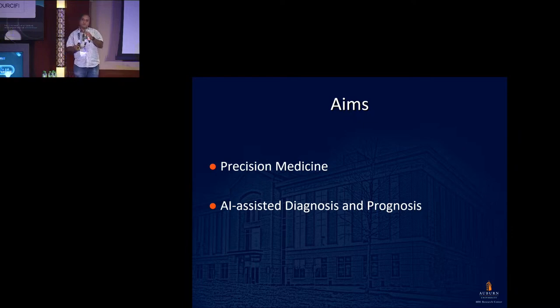But all of it really depended on a human being, a trained human being rather, looking at the image and deciding what is healthy and what is not. And now I think we are at the cusp of another paradigm change, wherein we have such large amounts of data that we could have machines look at these images and decide, hopefully with much better accuracy, whether there is a disease process, and if there is one, what is the prognosis, what is the treatment response, and all of that kind of stuff. So basically that's the aim, that we want to have an AI-assisted diagnosis and prognosis,